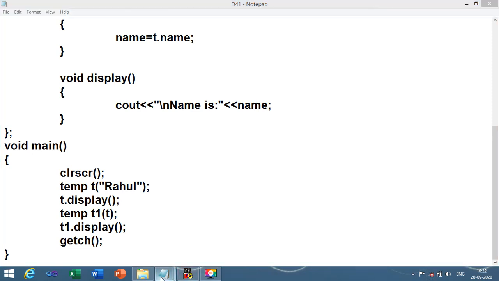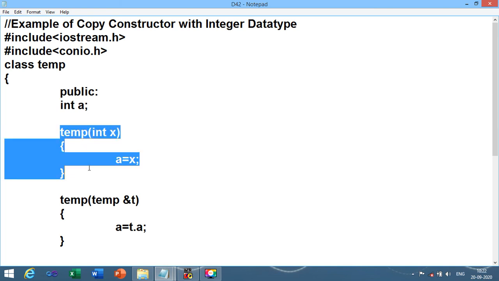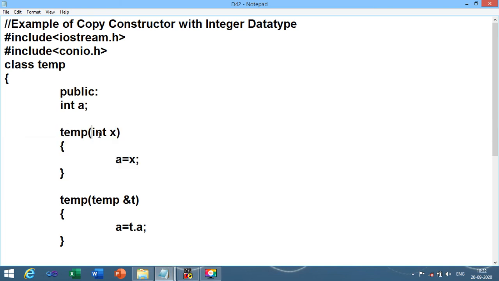Let me share the second program of today's session, that is copy constructor with integer data type having single value. I have taken again the class temp, one integer variable declared over here. We have created parameterized constructor having integer value a equals to x.